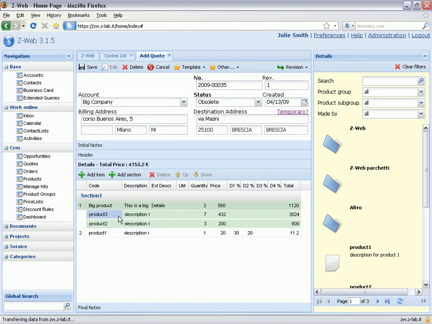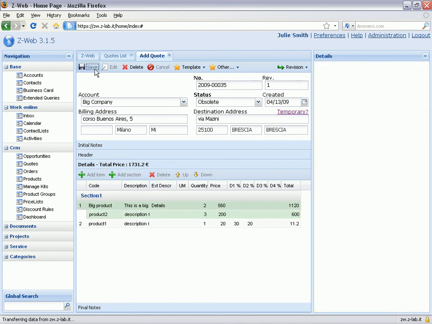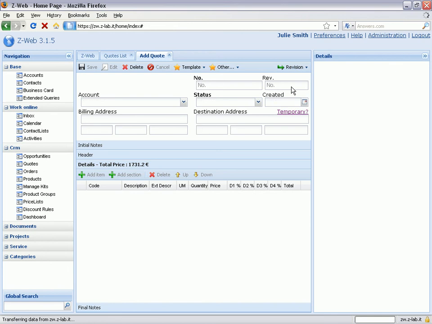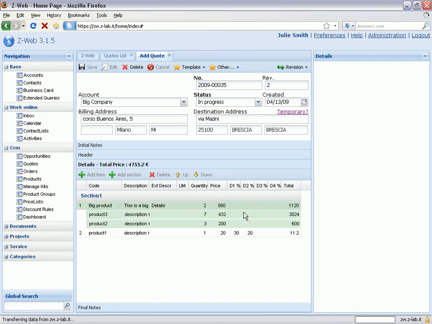and delete one product from the list of products. I'll just save it. If later on I need the previous revision of the quote, I can just go to the second revision, which contains the quote with all the items